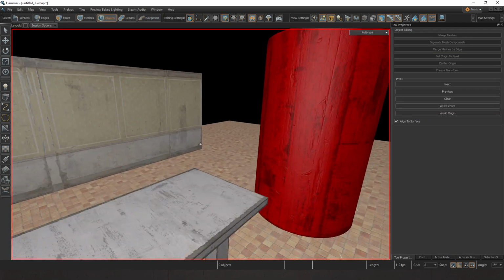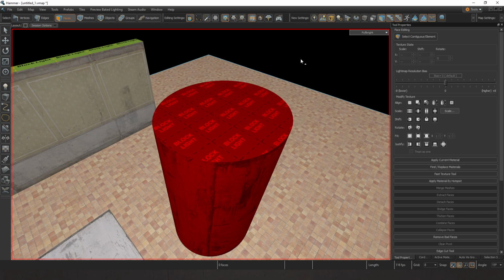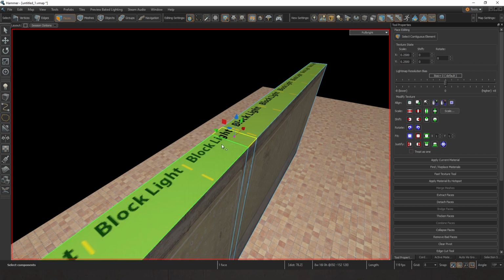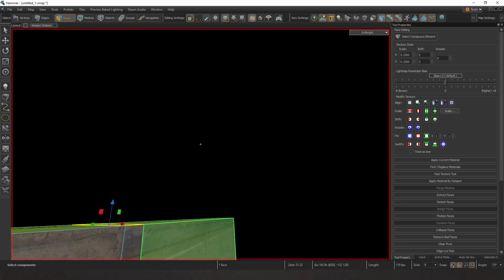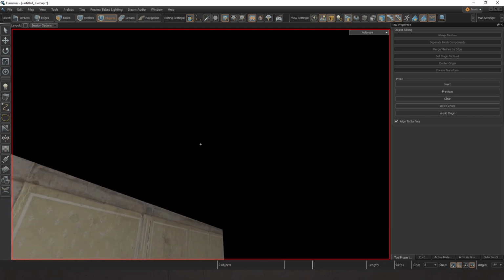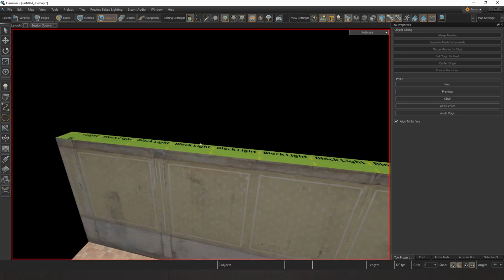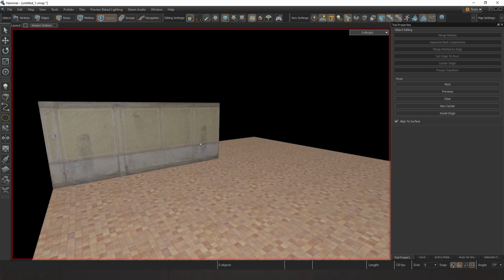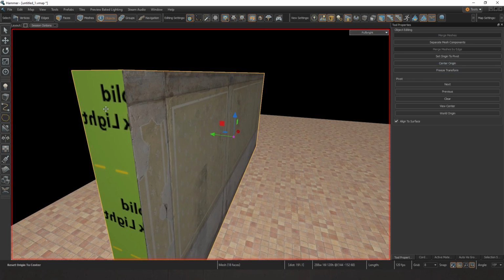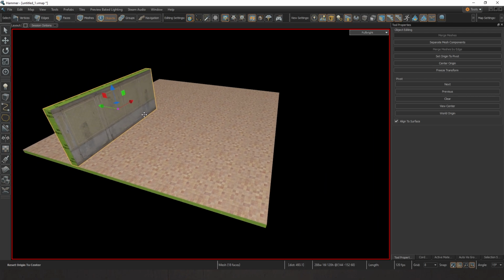In rendering, it's not going to render. So that's the same thing with this. It's not going to render. This also, block light solid, will also not render, but it will always block viz. So you want to build the basis of your world with block light solid and textures applied to the faces